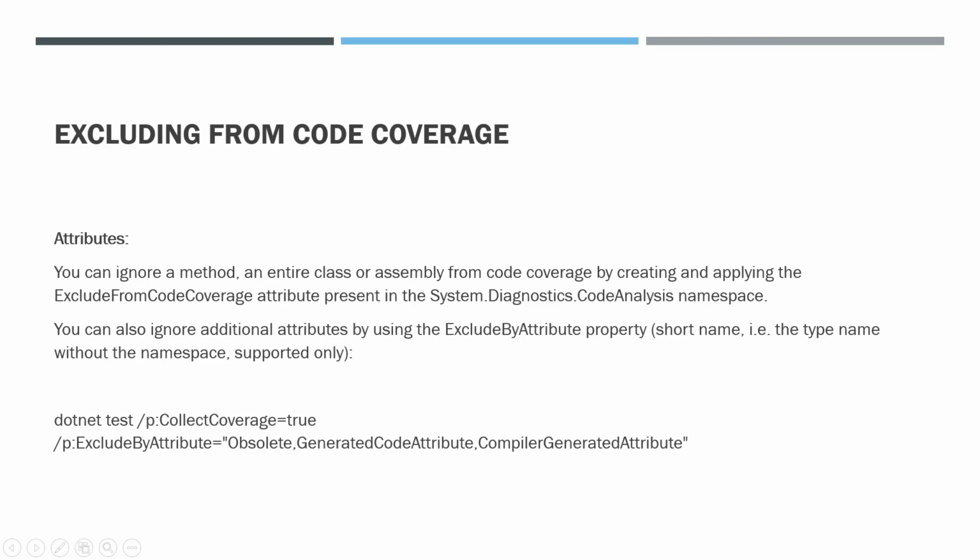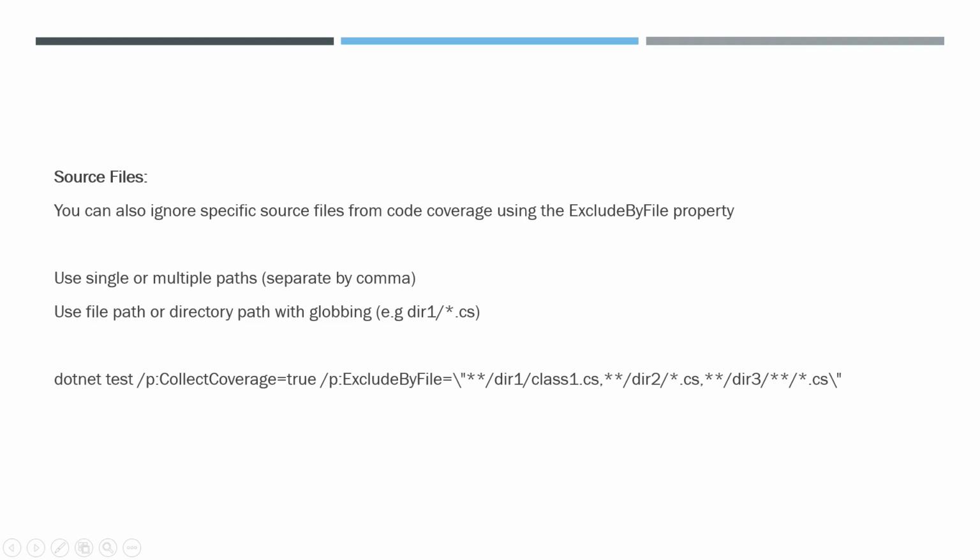short name, i.e. the type name without the namespace, supported only. dotnet test /p:CollectCoverage=true /p:ExcludeByAttribute="Obsolete,GeneratedCodeAttribute,CompilerGeneratedAttribute". Source files. You can also ignore specific source files from code coverage using the ExcludeByFile property. Use single or multiple paths, separated by comma. Use file path or directory path with globbing, for example